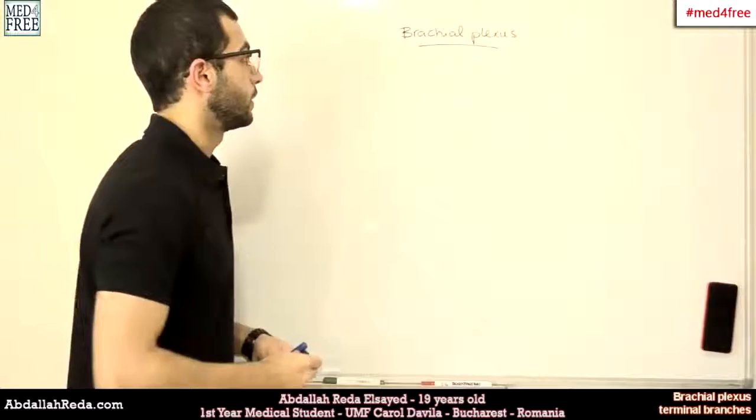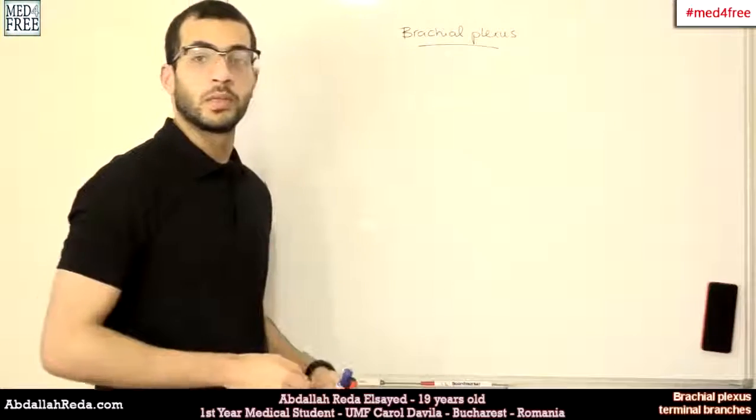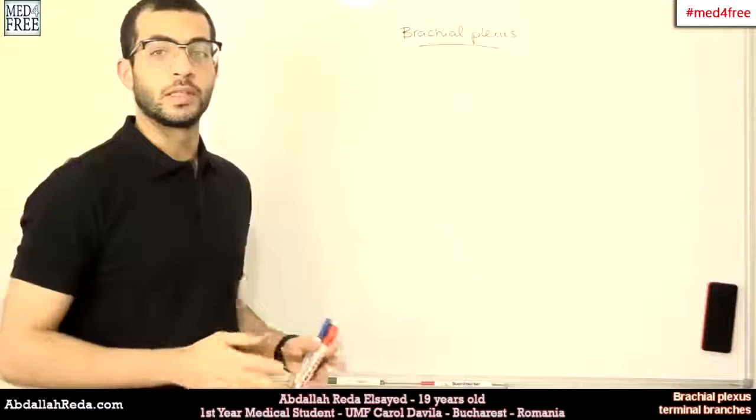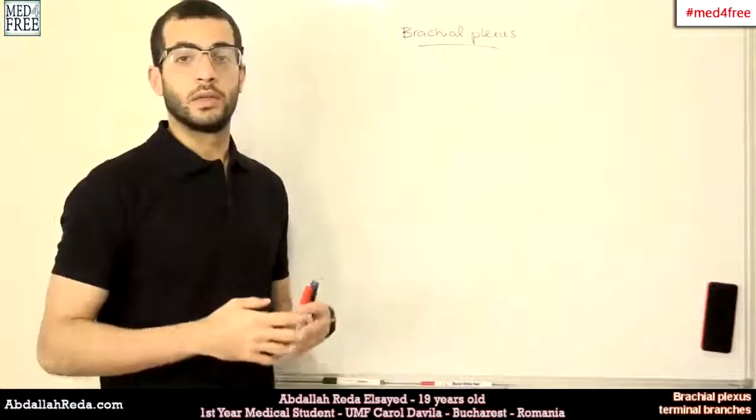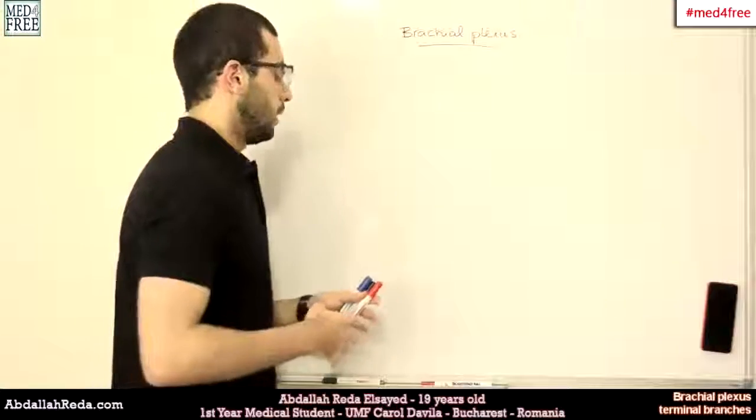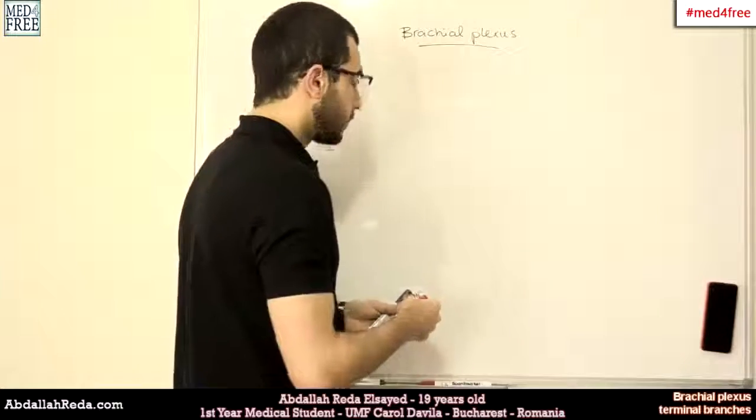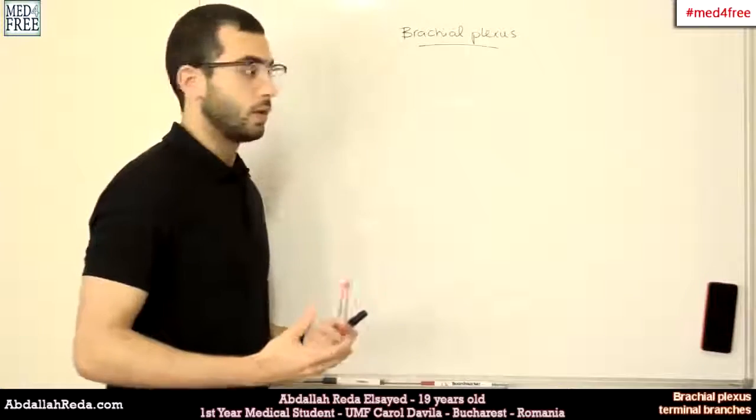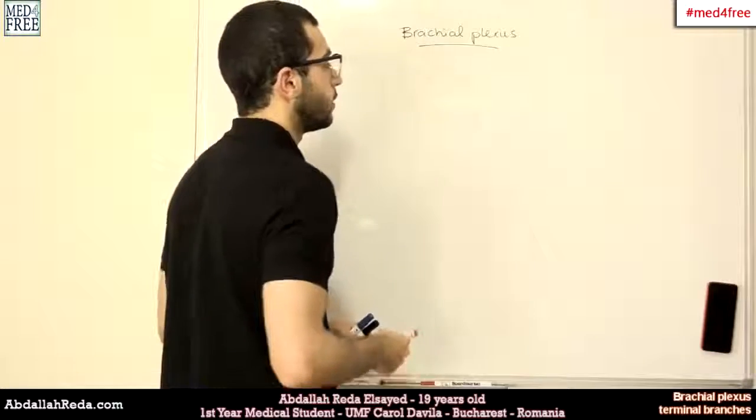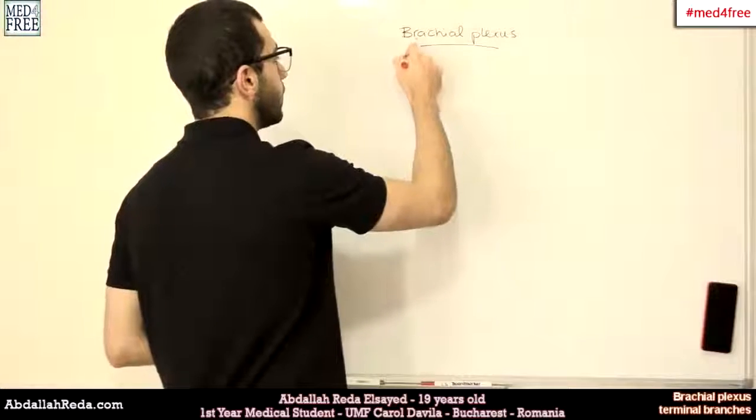Today we're going to talk about the brachial plexus, and the brachial plexus is one of the very important plexuses in the human body that innervate the upper limb and the adjacent areas to the upper limb. And the first thing that we need to know about the brachial plexus is where it comes from, where it originates from. And it originates from the ventral rami